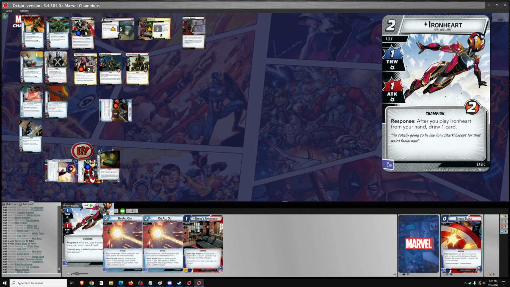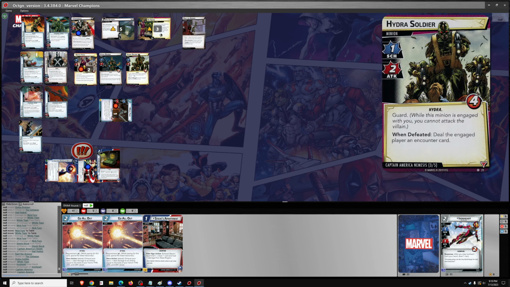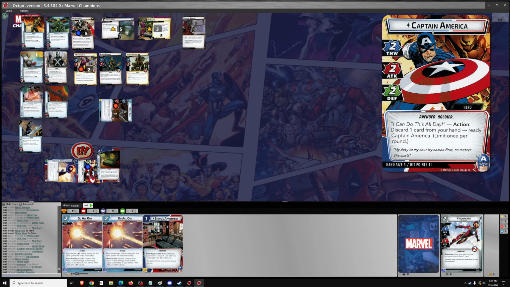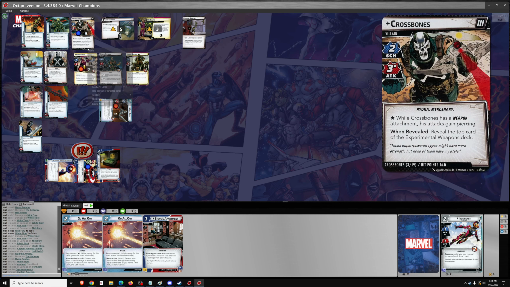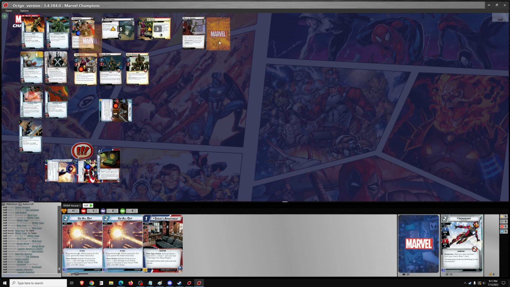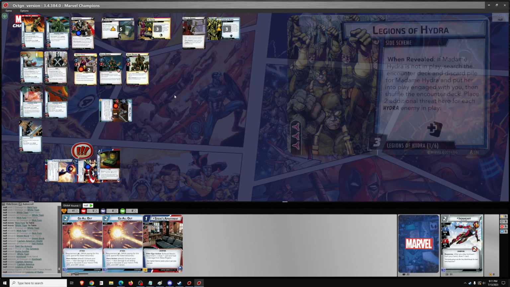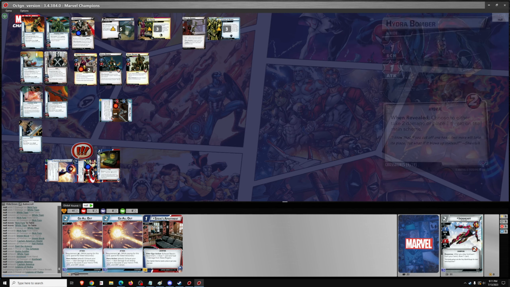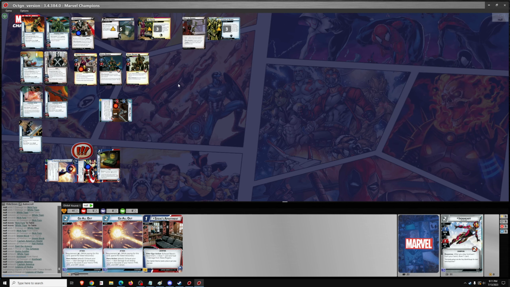Deal 2, ready up Captain America. Deal 2. And then 1-2 for go all out. Nope, because I have to be ready for that. So, no, couldn't win with Hydra Soldier. Could we win with whatever the next card is? Legions of Hydra. Yeah, that's fine. Adam Hydra doesn't have guard, so it's close,